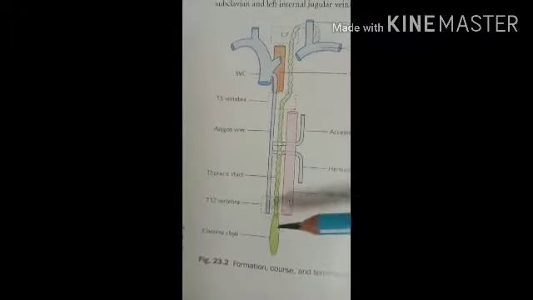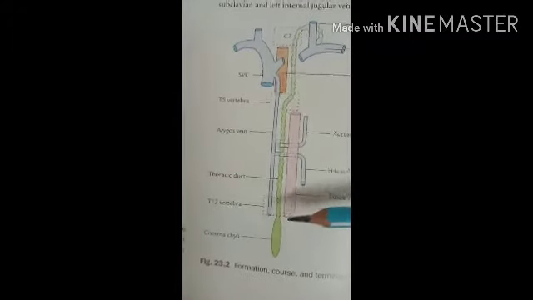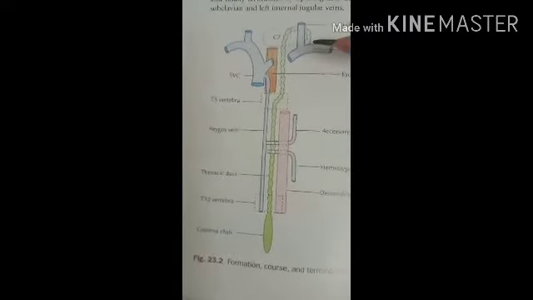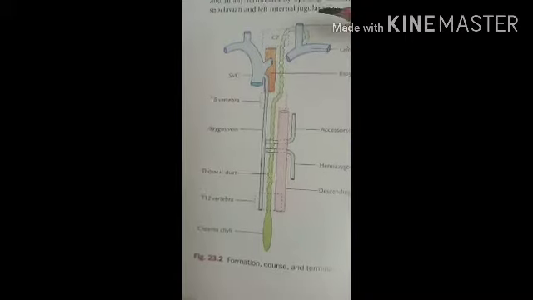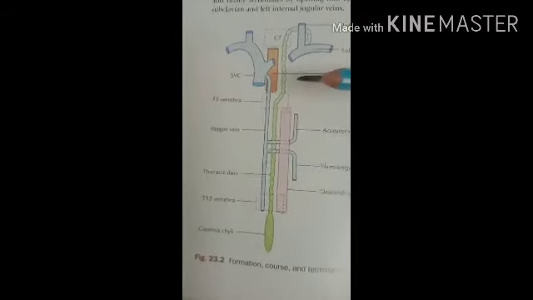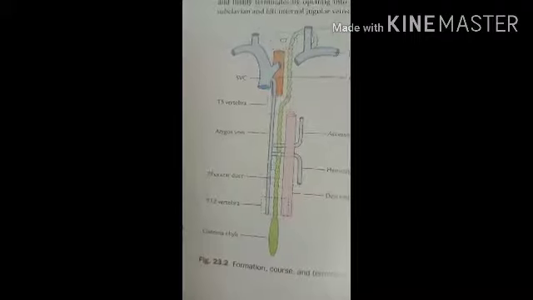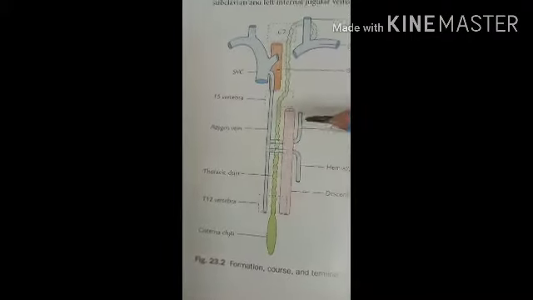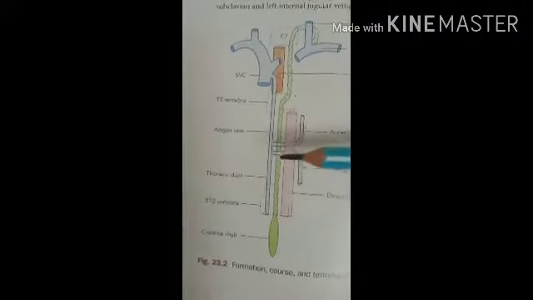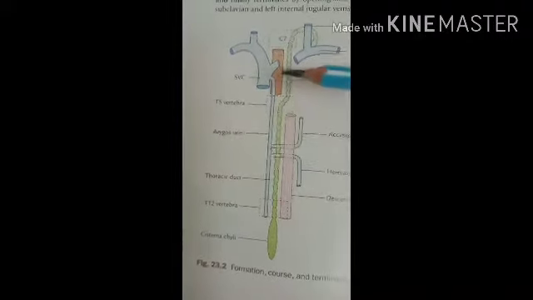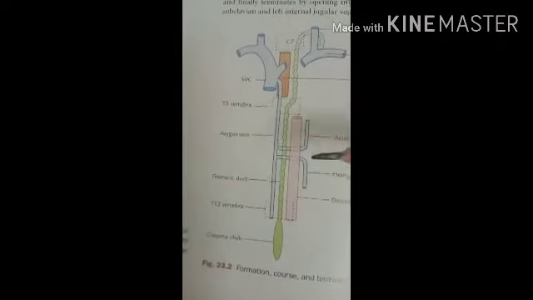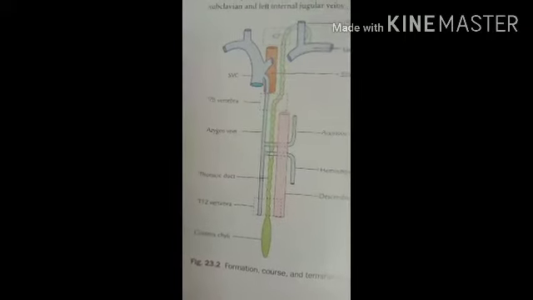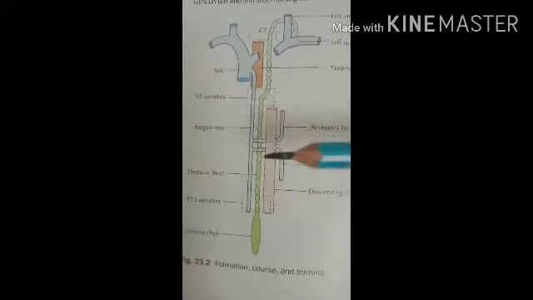It starts from the upper part of the abdomen and ends in the lower part of the neck, crossing the posterior and superior parts of the mediastinum. The length of the thoracic duct is about 18 inches, and it has a beaded, zigzag-like appearance because of the presence of many valves in the lumen. Now the course of the thoracic duct.